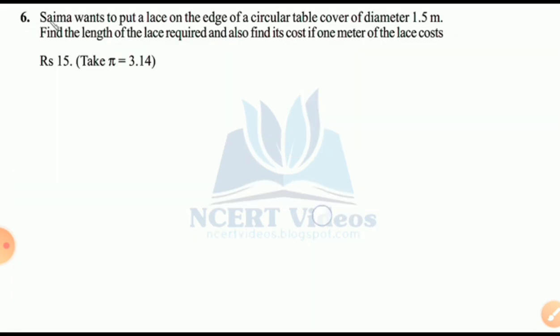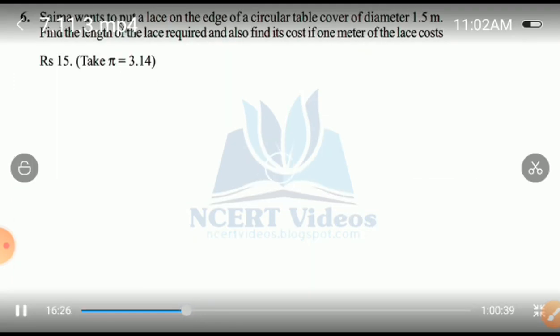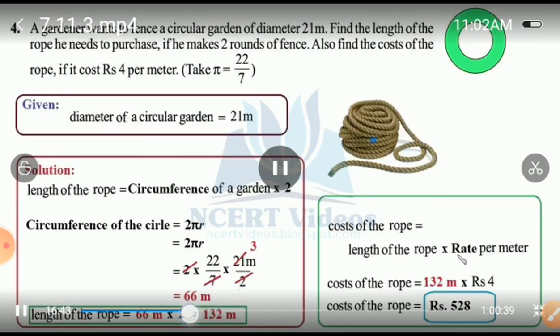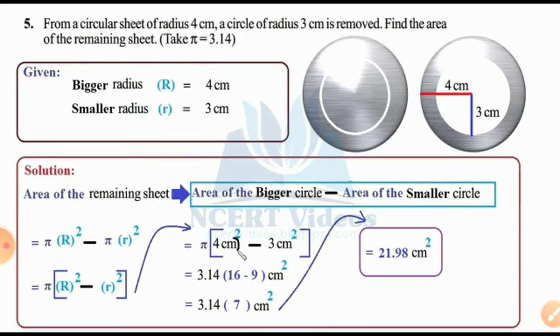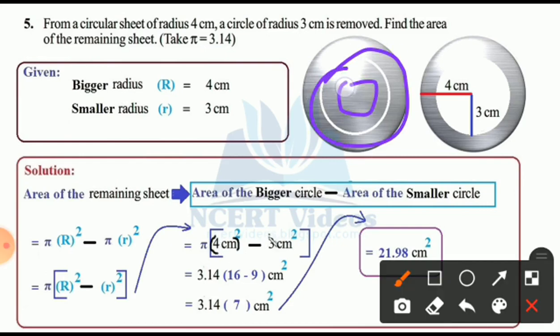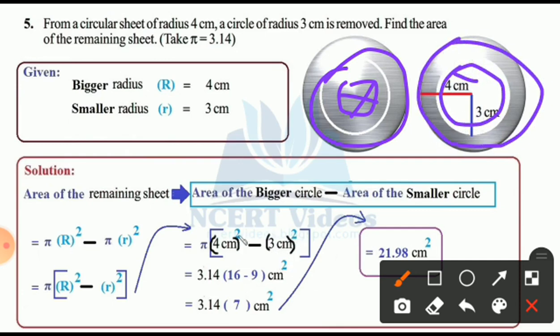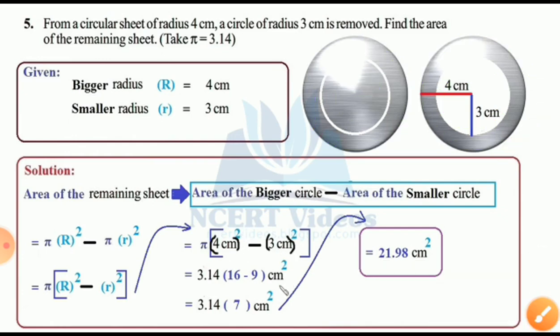Here you can find it. I will show you. This is a very important question, that's why I will take it once again. Question number 4 is already over. Question number 5, once again I am taking it back here. One circular sheet is there. Out of this, inside one part we have to remove. See here, the 3 cm part is removed and outside is 4 cm. Isn't it? Yes. So what is the remaining part? We have to find it.